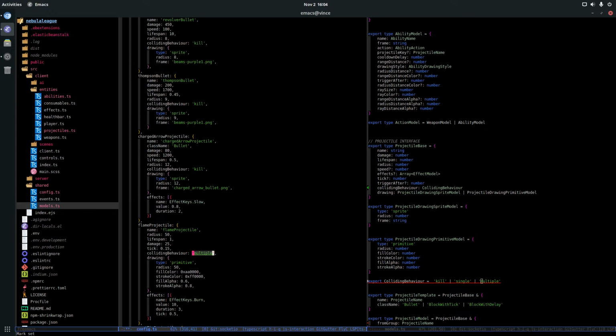That's bad. So maybe I need a default tick. Also, tick is a terrible name. If you think about it, I can get rid of tick because my colliding behavior with the multiple is closely related to the tick.